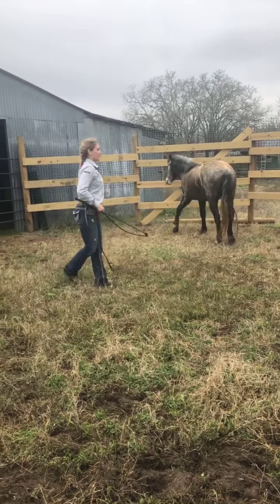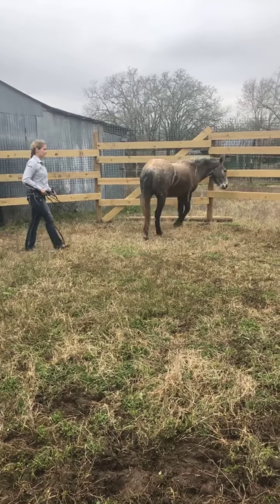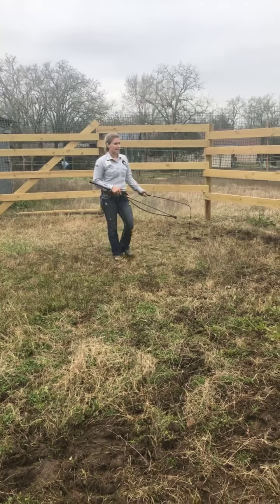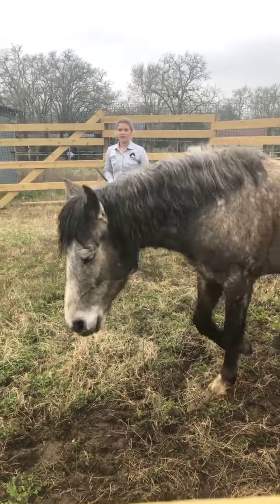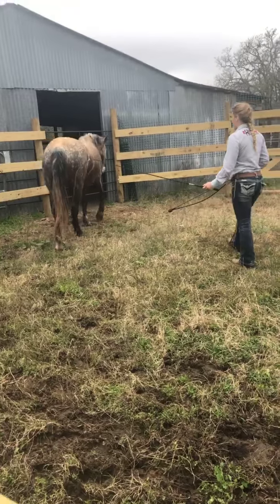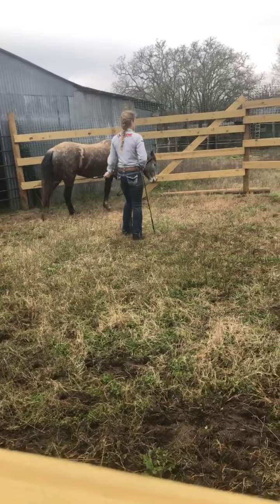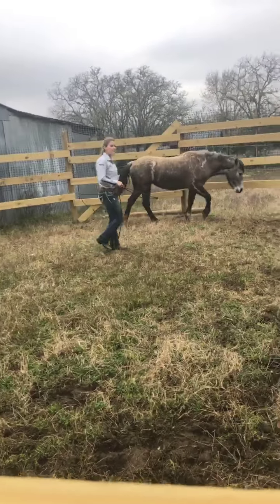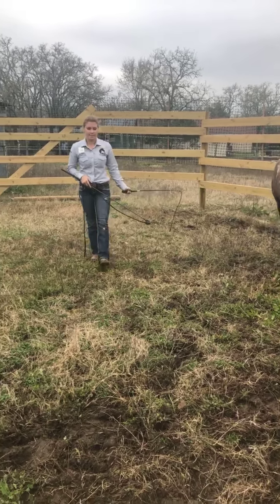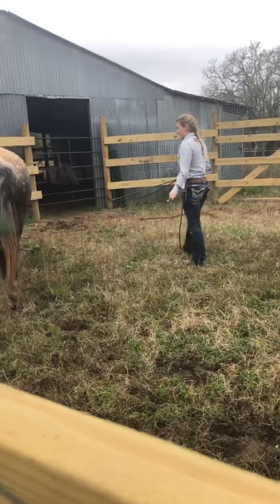I do know, this is kind of a funny story. I had a friend who was at a world class Arab show, and saw an Arab with the brand on the left side of his neck and the symbols that kind of look like a Mustang brand. And so she mistakenly, I think she was probably 14 or 15 years old, went up to the owner and said, "Oh wow, is that a Mustang?" And this lady with her Arab that was probably worth several thousands of dollars got so offended. She was like, "No, this isn't a